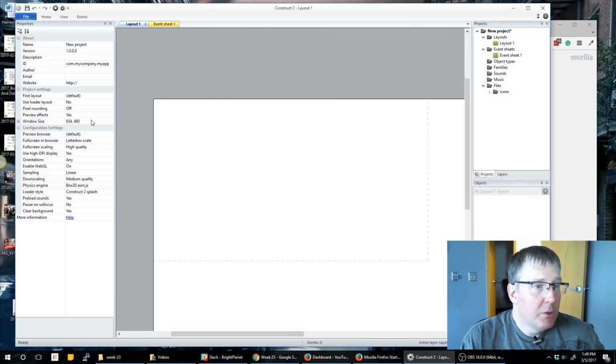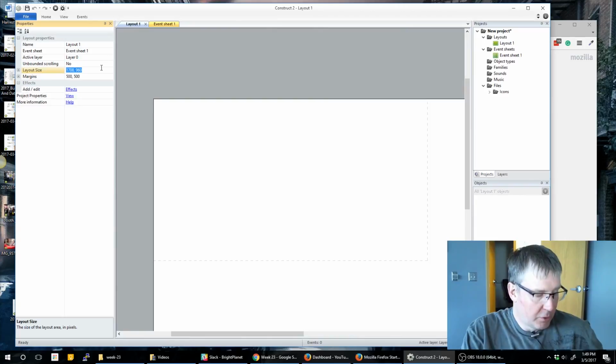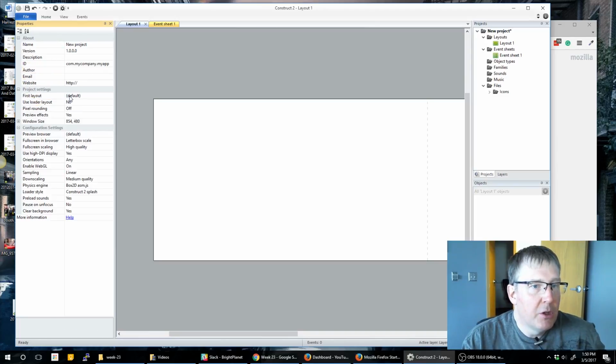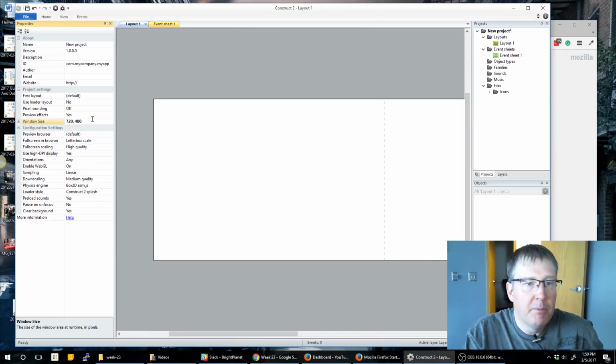Now this one we're going to use a few different things on the layout size. So let's go ahead and set our layout size to about 1800 by 480. And then let's also set our window size to 720 by 480. And then we're going to change one more setting that we haven't changed before. This one right here that says